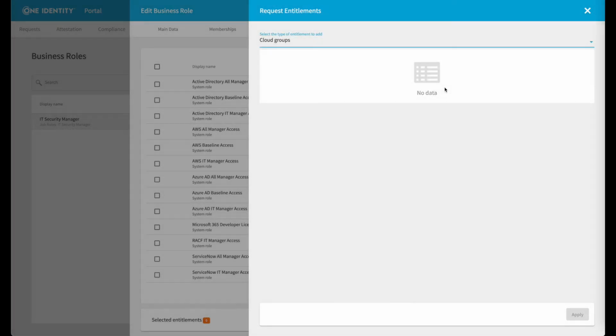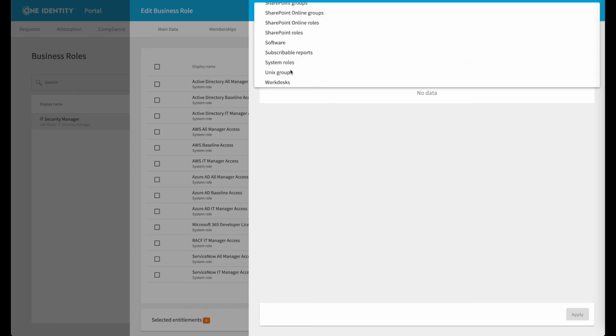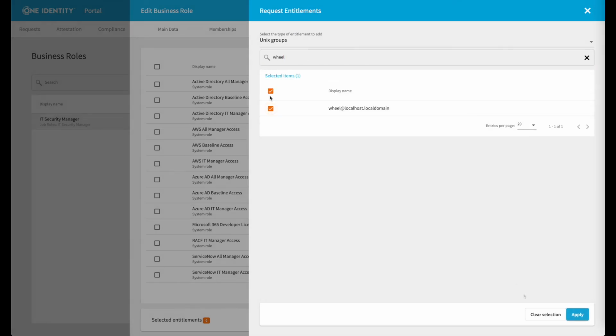Imagine if every time a new employee is added to a certain department, they always must make a certain access request, such as for a software subscription or something like a piece of hardware. Now the manager can directly add these frequently requested items to the role, which improves productivity and reduces the temptation to color outside the lines.